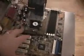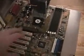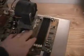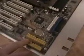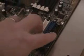As you can see here, it does come with the standard AGP slot, 1, 2, or 4 times AGP, 6 PCI slots. It also comes with 4 banks of DDR memory. Of course, this is where your CPU would be. Also, it has RAID on board. That's right here. Connect your RAID. It has your standard connections for your hard drives, your CD-ROM drives, DVD drives right here, and your floppy drive